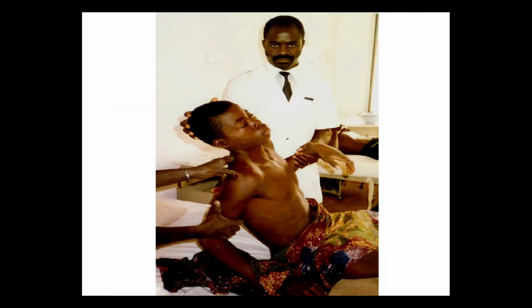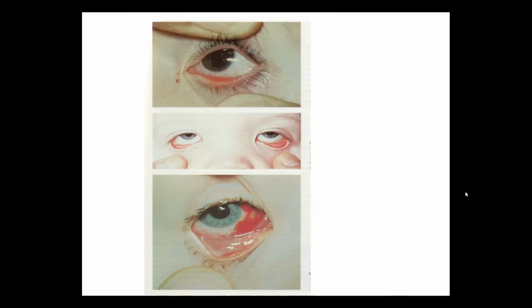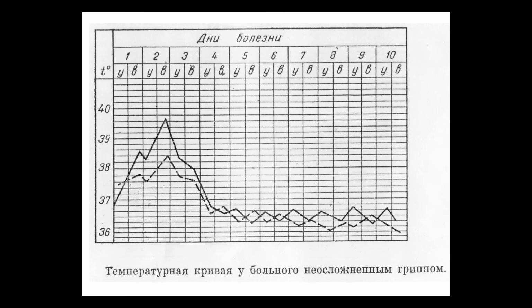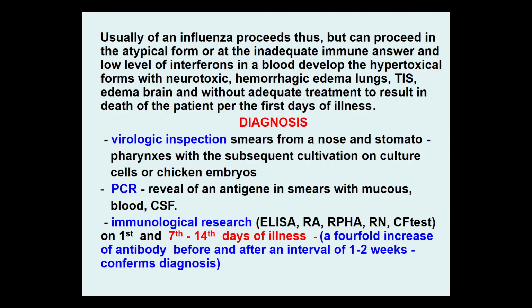Even with meningitis is here. Again, this is redness of the eyes, injection of sclera, redness of the throat due to vessels, vessel hyperemia. Again, eyes. It's uncomplicated influenza, 3 days of temperature, and then normal temperature and just coughing. It's X-ray in influenza. It's interstitial pneumonia, as I may see here.